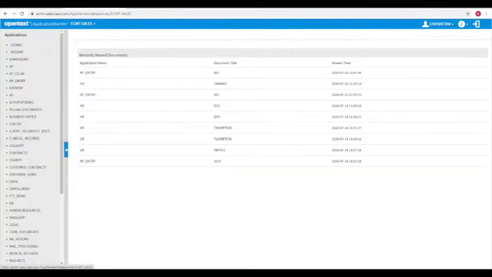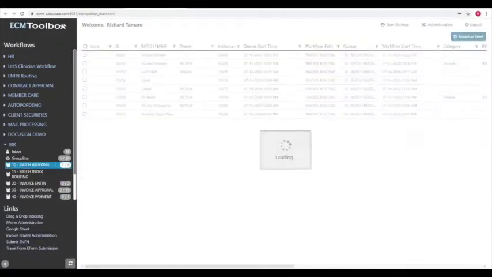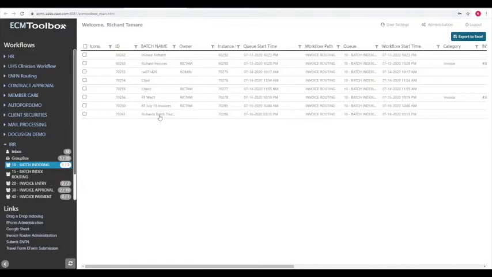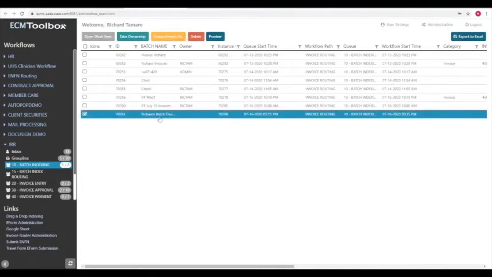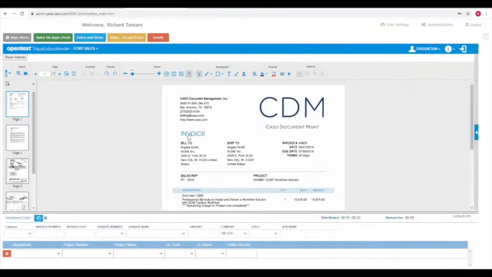Once that is completed, I will go out to the workflow and look to index them. There's my batch, Thursday's batch for Richard. I click on it, open the workflow. What it does now is bring back the actual document, actually a set of documents, because you'll see that there's 5 pages in here. It shows me the first document that I'm looking at, and it has the data entry fields